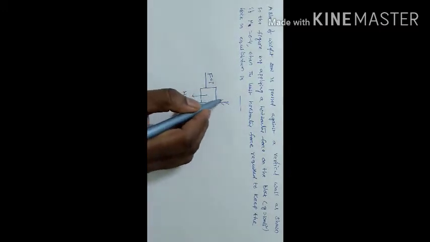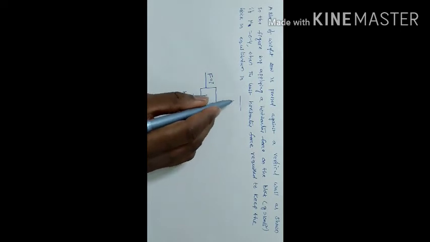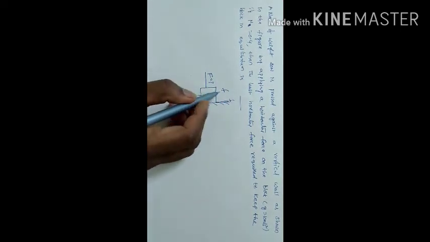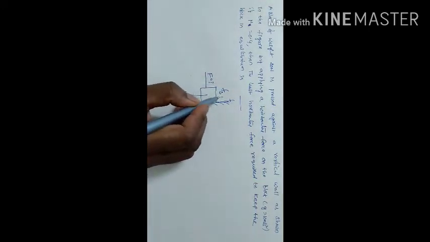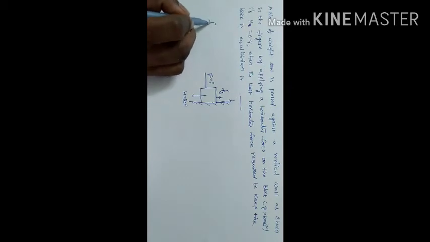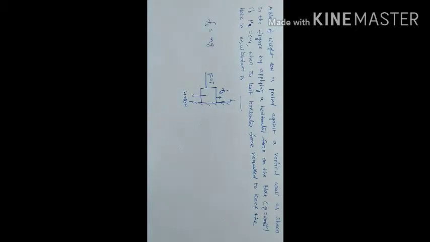In this condition, for equilibrium position, the total weight of the body is balanced by the frictional force. Frictional, that is at rest, means static frictional force. The total weight of the body is balanced by the upward frictional force. So the weight of the body acts in the downward direction, and the frictional force acts in the upward direction. So the frictional force is balanced by the weight of the body.